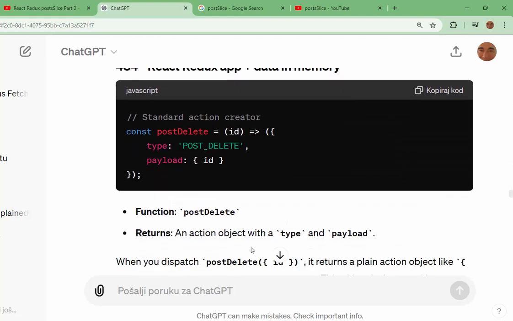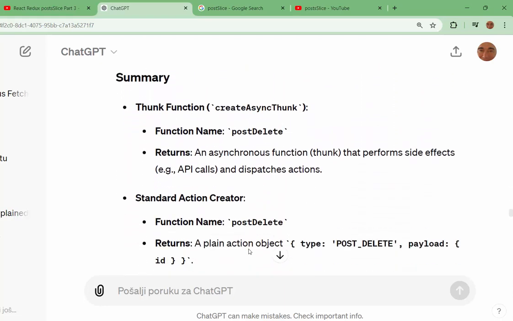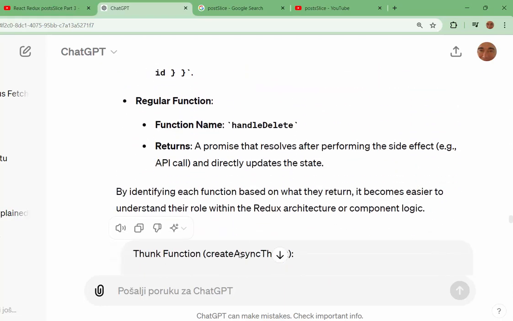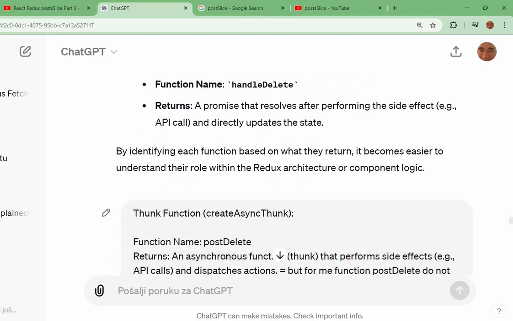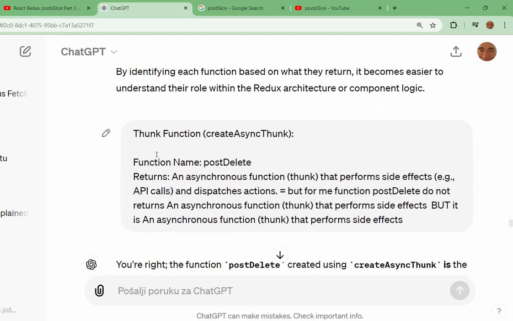Let's go down. I copy it. My next question. It is okay, repeating, always the same. Look at my question.